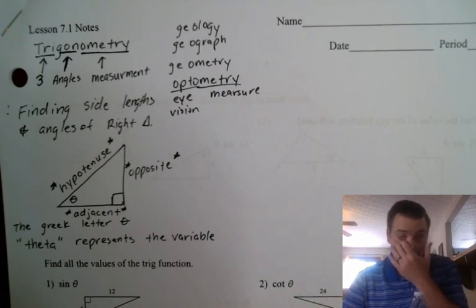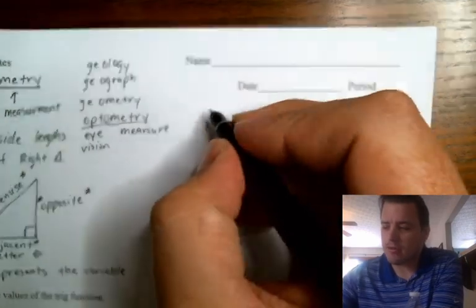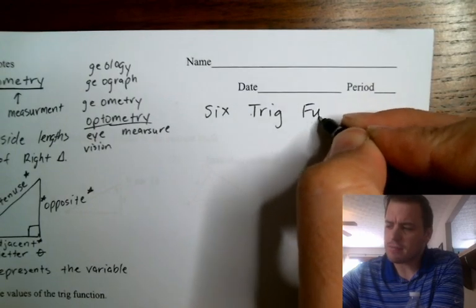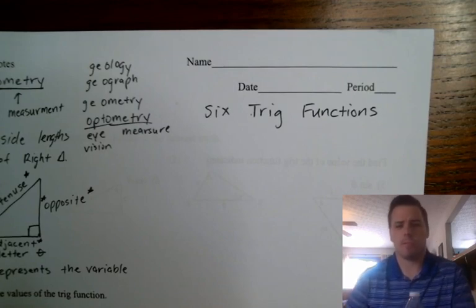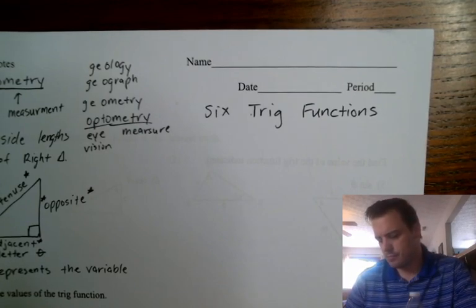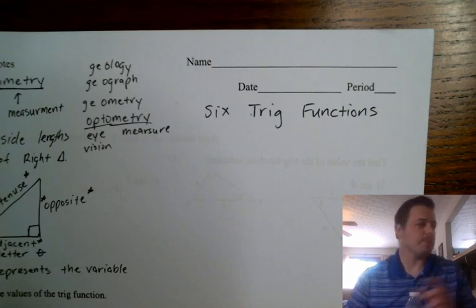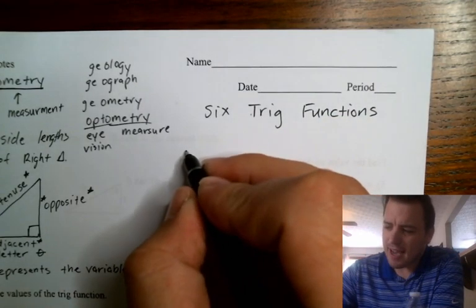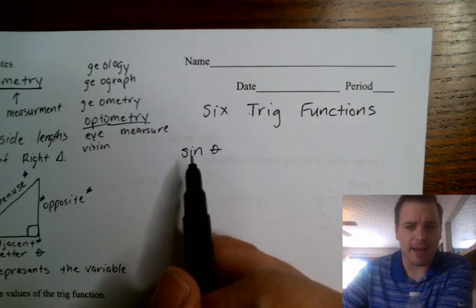Now, in trigonometry, there are basically 6 trigonometric functions. 6 trig functions. Okay, so those 6 trig functions, one of them is sine theta. You will always see theta with sine, because